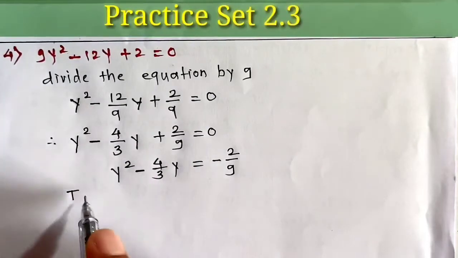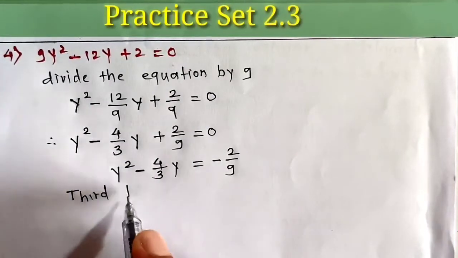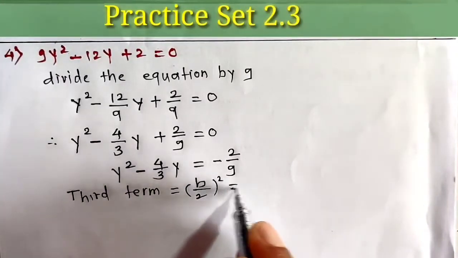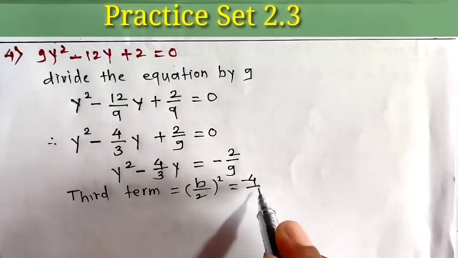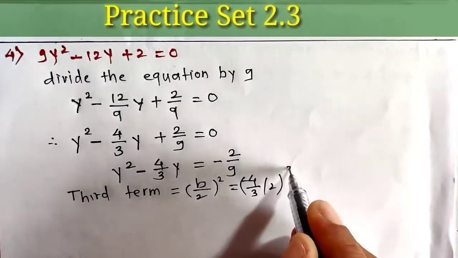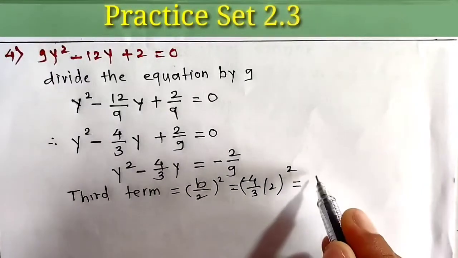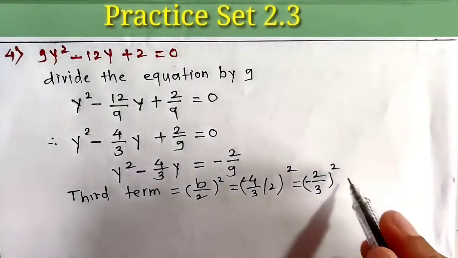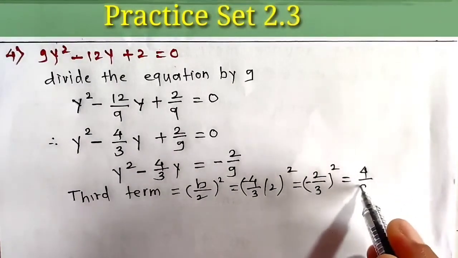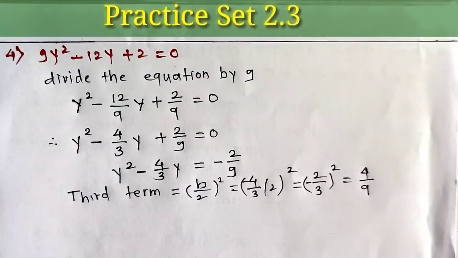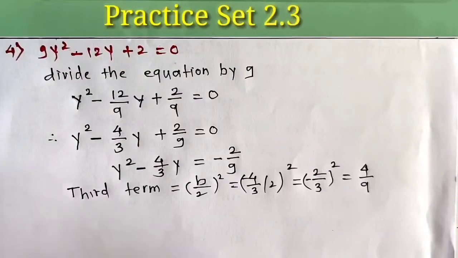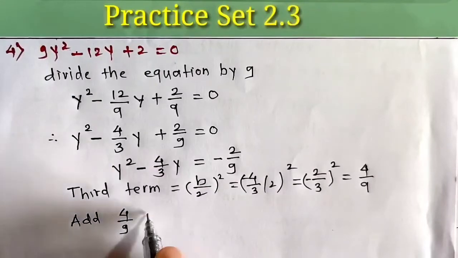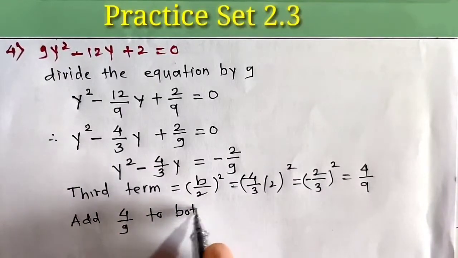Now find the third term. You know the formula for the third term, b upon 2 bracket square. So here b is minus 4 by 3 divided by 2 bracket square. So here 2 2s are 4, means 2 by 3 bracket square, minus 2 by 3 bracket square. So it is 4 upon 9. The square means the third term is 4 by 9. Now you know the next step, add this third term, 4 by 9, to both sides